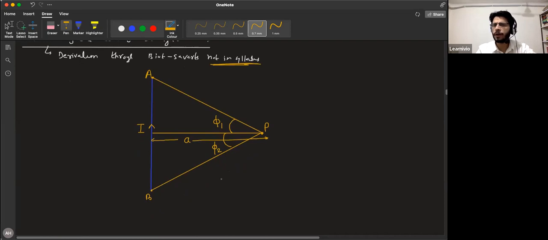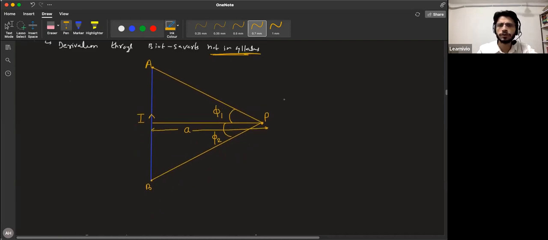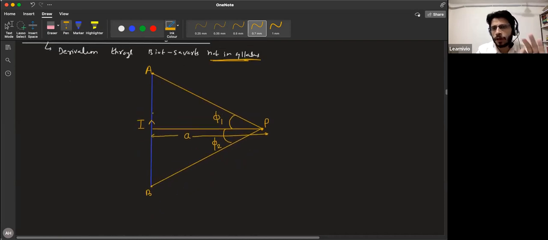So to calculate the magnetic field here, to derive it, we take a small element dl. We will first calculate the magnetic field due to this dl element, and then we will integrate it over the entire space. When we integrate it over the entire space, what we get is the magnetic field at P is,